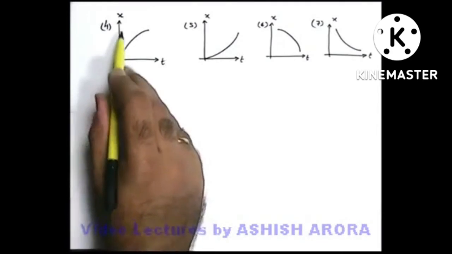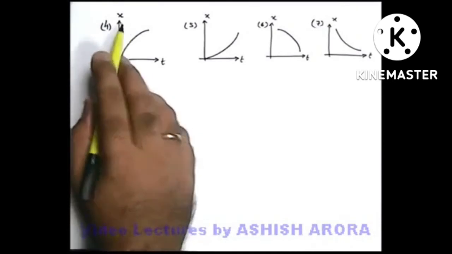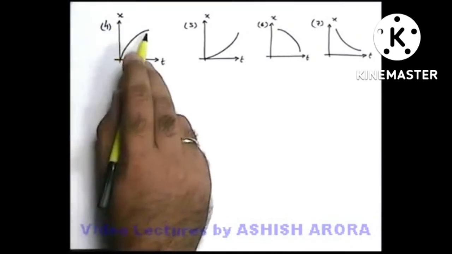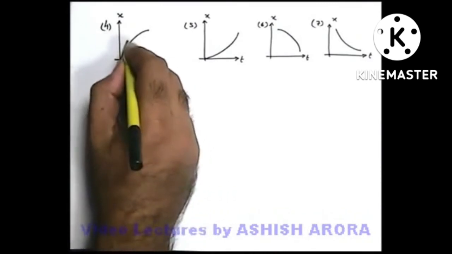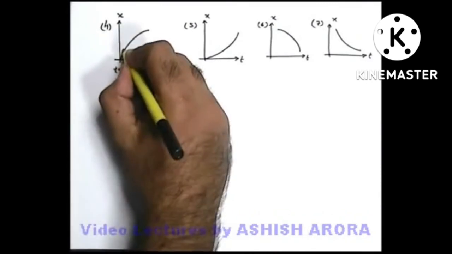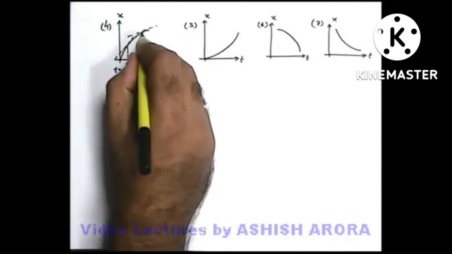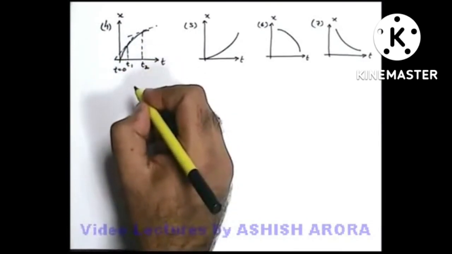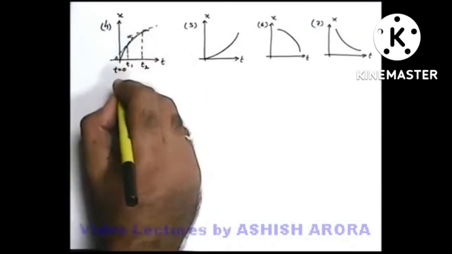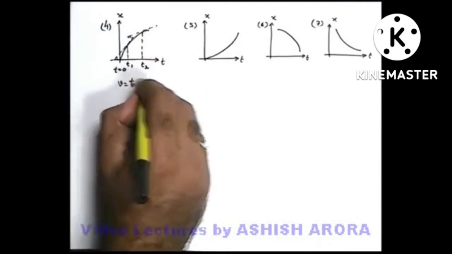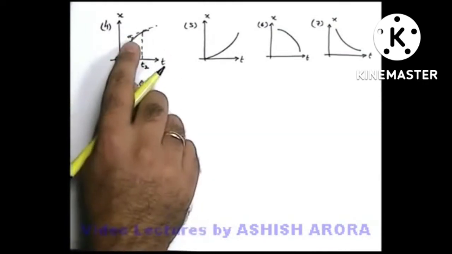Let us see some more displacement-time graphs. If we analyze these graphs one by one, in graph number 4 we can see a displacement-time graph in which the particle starts from origin at t equal to 0 with a particular slope or velocity. But you can see when the particle moves, if we draw the tangents at various times, say at time t1 and then after some time t2, the angle which the tangent makes with the horizontal is decreasing. That means when we talk about the velocity of the particle, it is tan theta. You can see here theta is decreasing, it is coming down. If velocity is decreasing, we can say the particle is retarding.